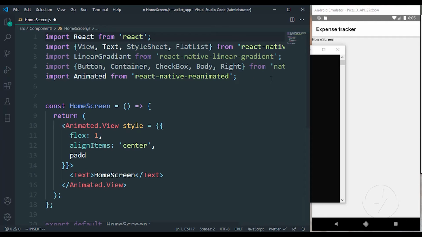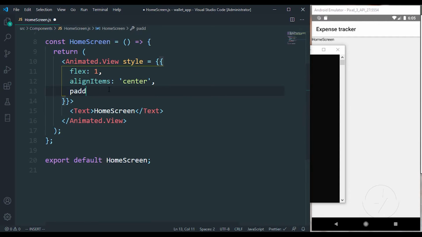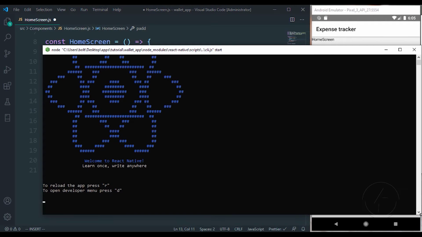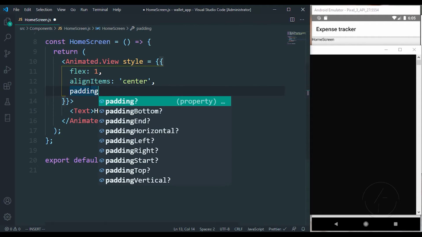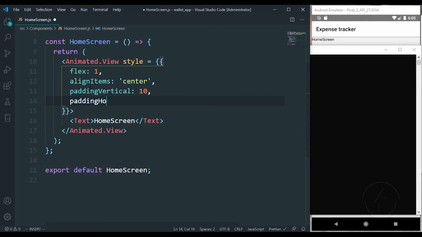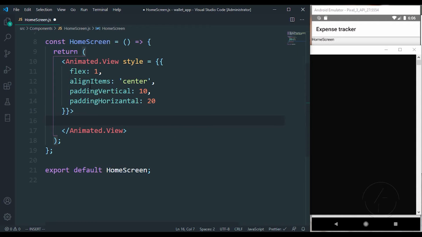What you just saw is Metro Bundler, so there's nothing much there. I kind of expanded it because I want it to be a little bit faster. We can use the padding vertical of 10, and also the padding horizontal of 20.